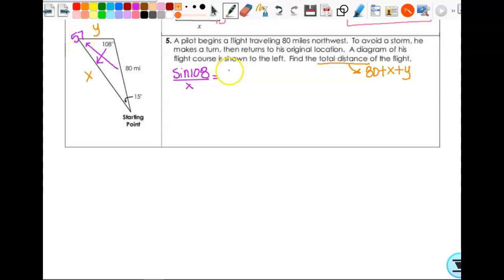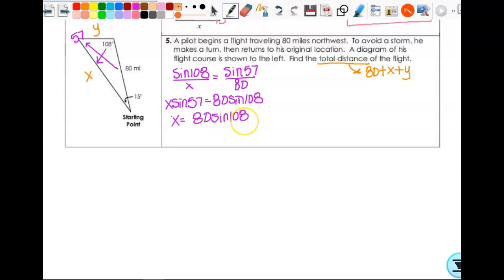So I will have the sine of 57 over 80. So then that means that X times the sine of 57 equals 80 times the sine of 108. So X equals 80 times the sine of 108